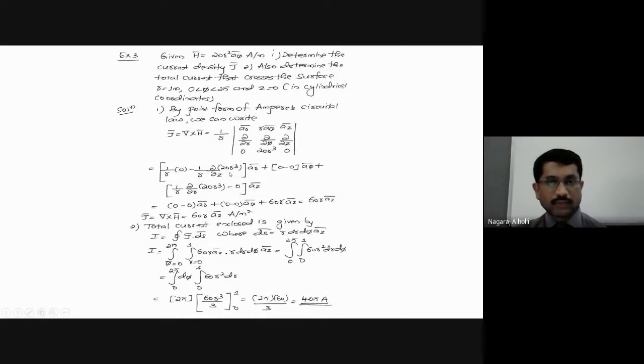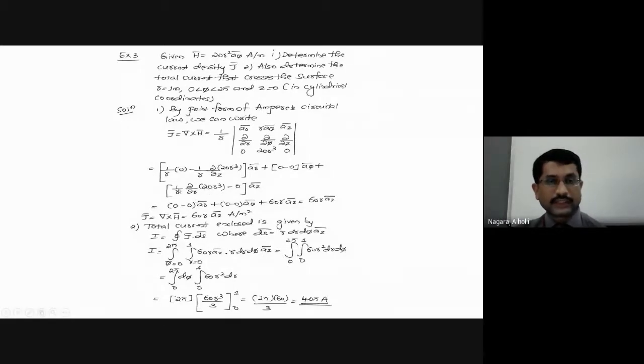Differentiation of 0 with respect to r, sir? Cube with respect to 0, because it's a constant. Yes, the entire term is constant. Into a_r bar plus 0 minus 0 into a_phi bar, then 1 upon r ∂/∂r of 20 r cube. Now differentiate 20 r cube with respect to r.